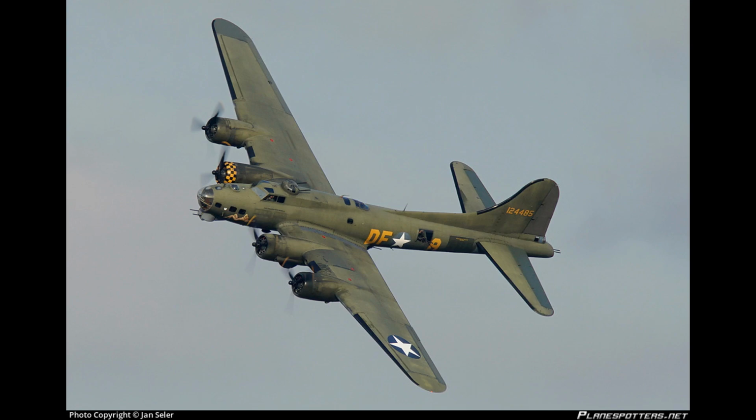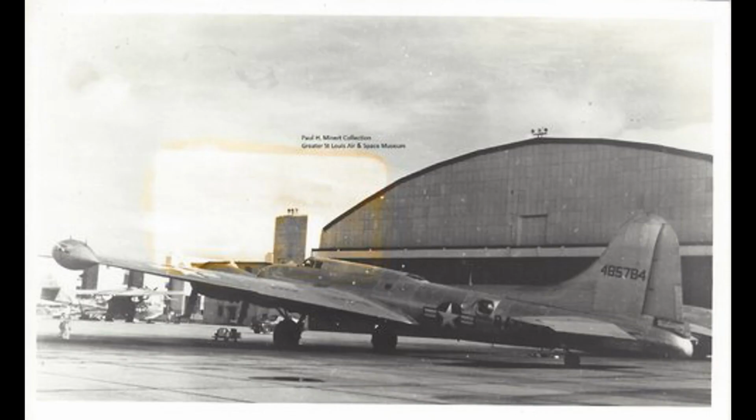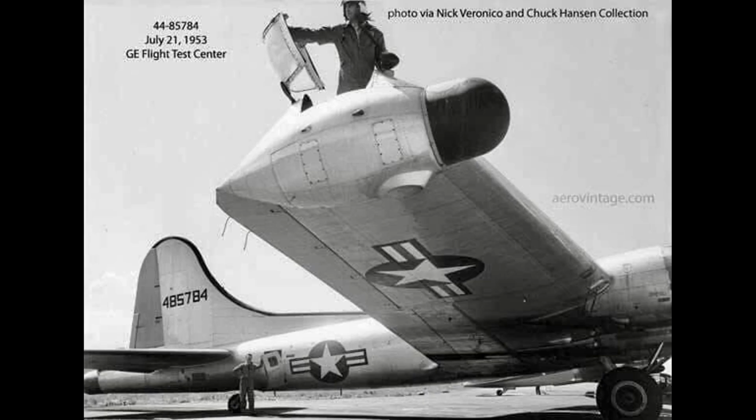In 1949, it was designated as an EB-17 and used for testing and research purposes, still based out of Dayton. Famously, it was used in the flight tests for the wingtip pod flight control setup, where the pilot was based in a pod mounted on the wingtip. In 1954, the aircraft was converted back to the standard layout and moved to Hill Air Force Base in Utah